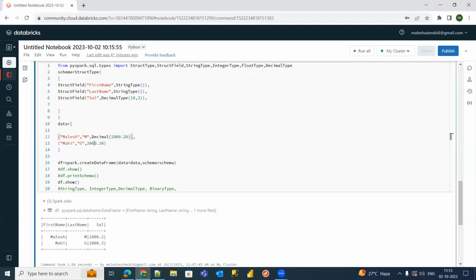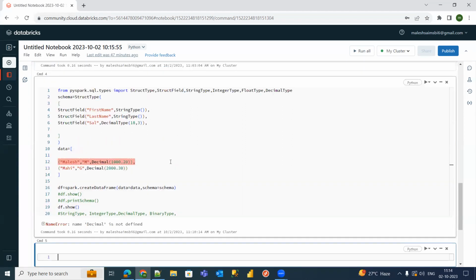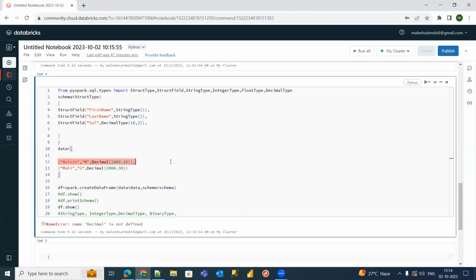You have to specify the keyword like decimal. Decimal of this. You have to define decimal of this. So just go and execute. The decimal is not defined. I think you should also